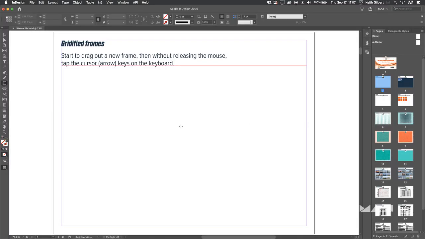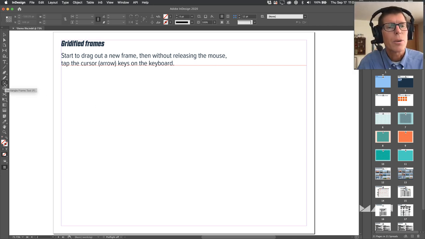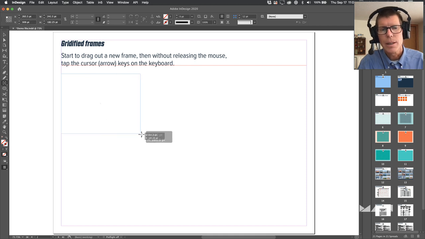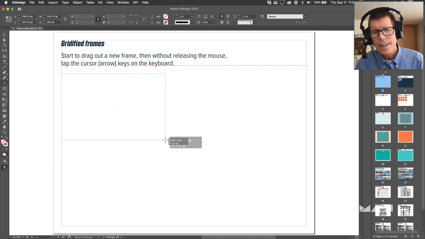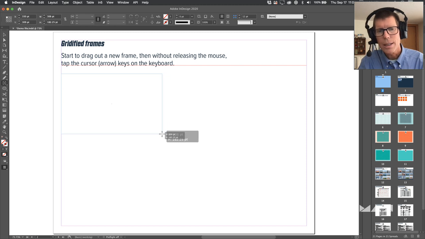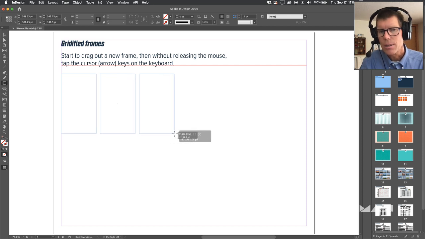To begin with, we're going to start by looking at how to create grids quickly and easily via a variety of techniques. I'm going to select the rectangle frame tool here and begin to drag out a frame. And the important thing is I'm not going to let go of the mouse button. While I keep the mouse button held down, I'm going to tap the arrow keys on the keyboard. I'm going to hit the right arrow key